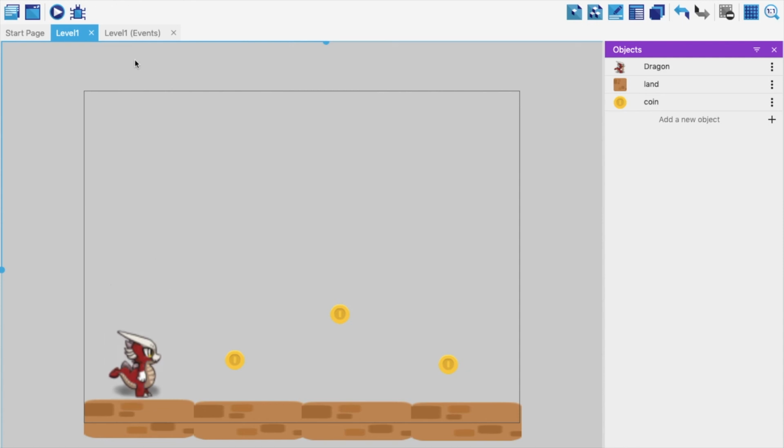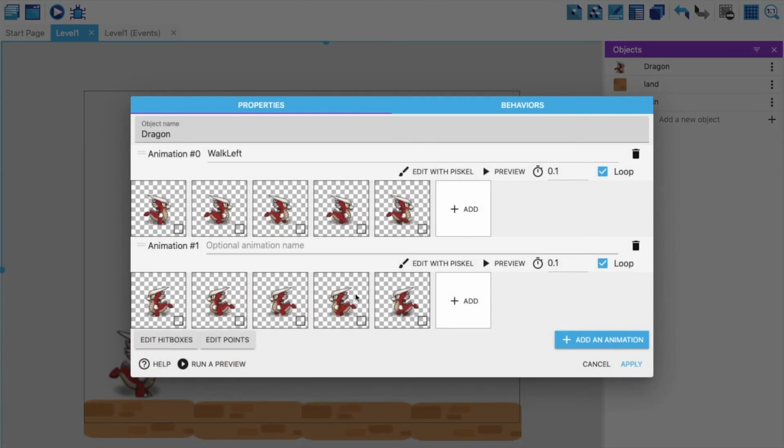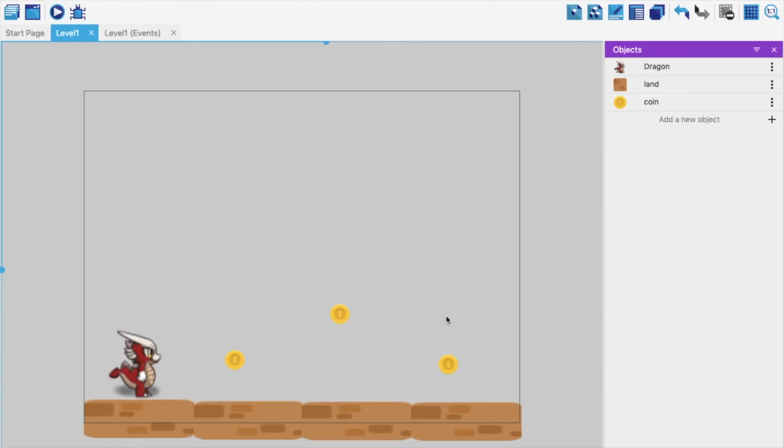So for that also, as I said last time, you need to code. And if you see in this edit object, I have already added two animations last time. Animation 0 is walking towards, actually I should name this walking towards right because he's facing right. And this one, I'm just naming it walk left. Now again, these names are not going to get used anywhere in my code because the animation numbers will be used in my coding area, but it's good to keep understandable names so that it's easy for anyone to understand what is happening in this game.